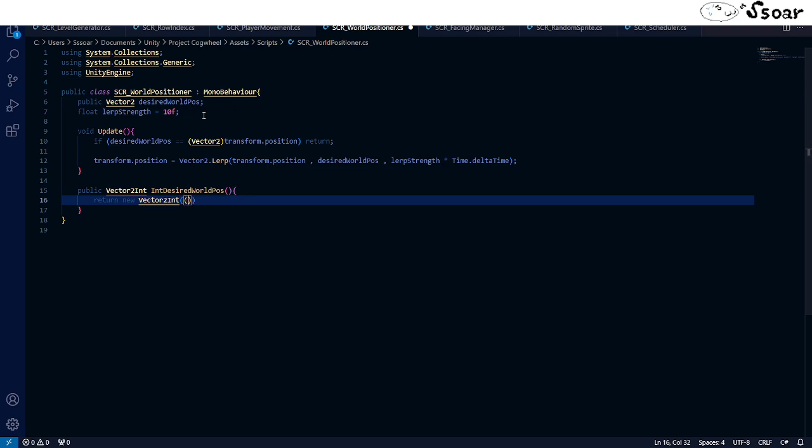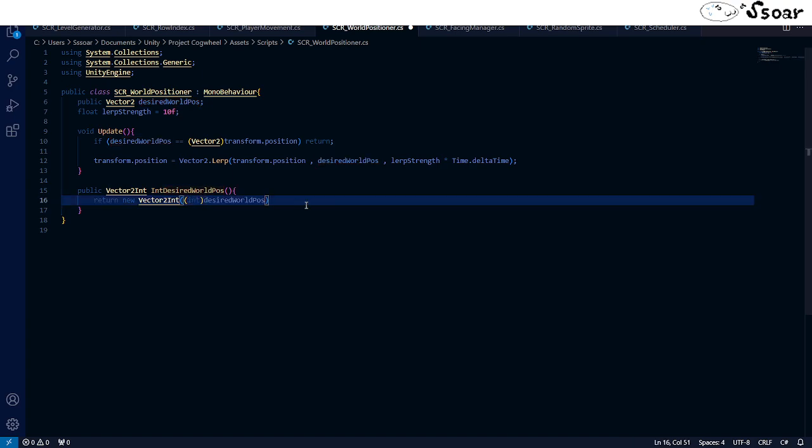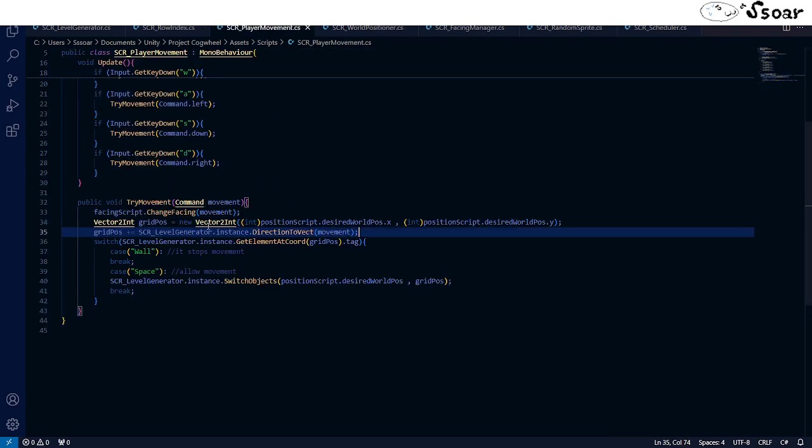Just the integer conversion of the x component, x, and then same thing, the integer conversion of the y component of the desired world position. And this is just the function that returns me the integer version of this vector2, because this needs to be a vector2, because otherwise this lerp doesn't work, right? So I'm just gonna have that function in there, and then I can just take this player movement and